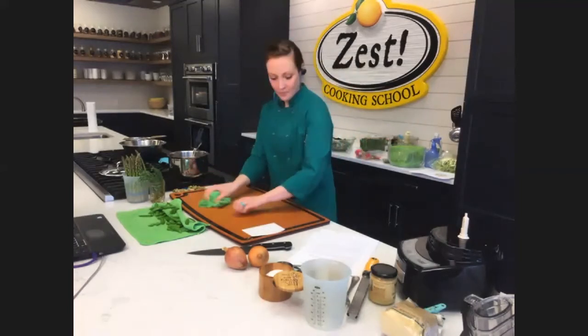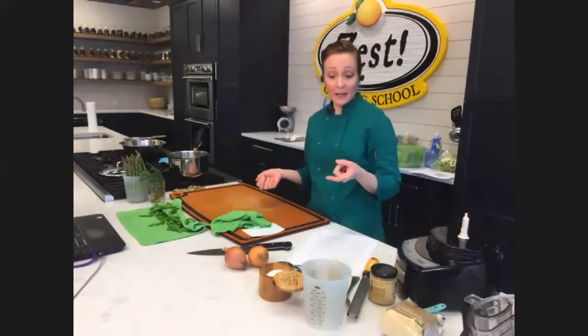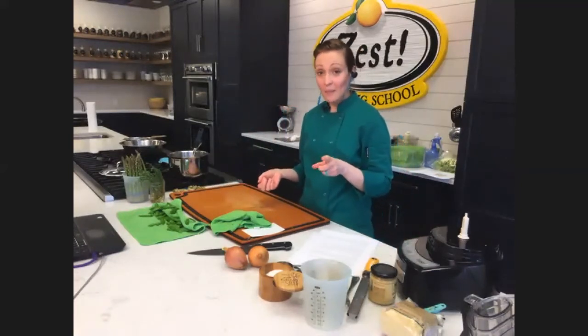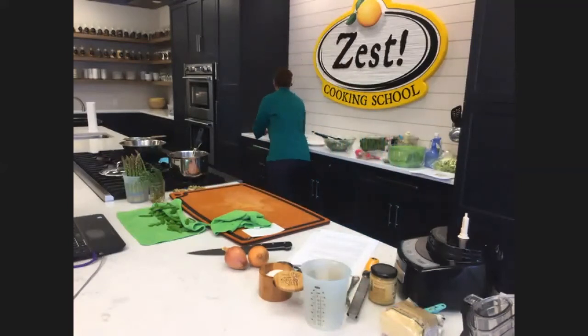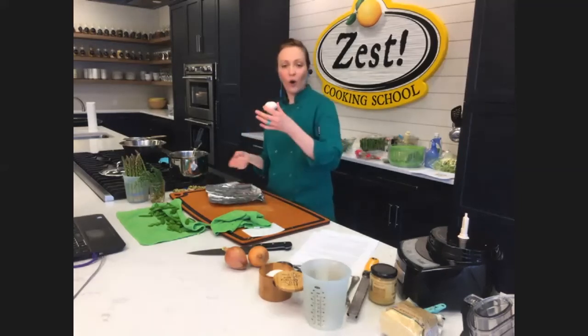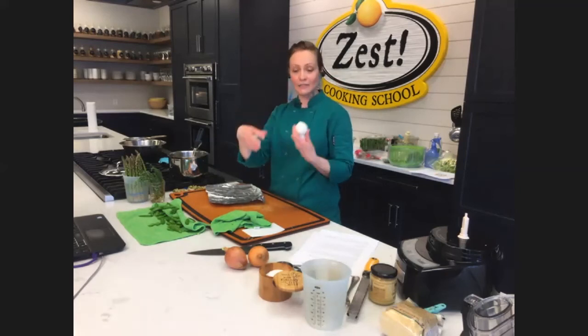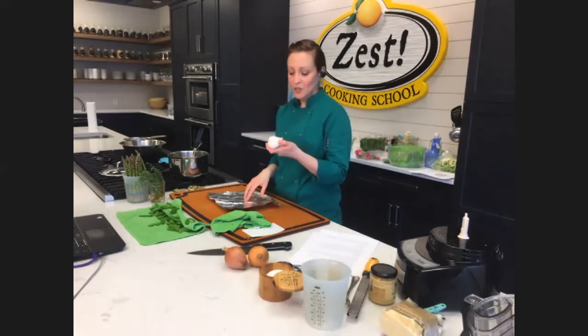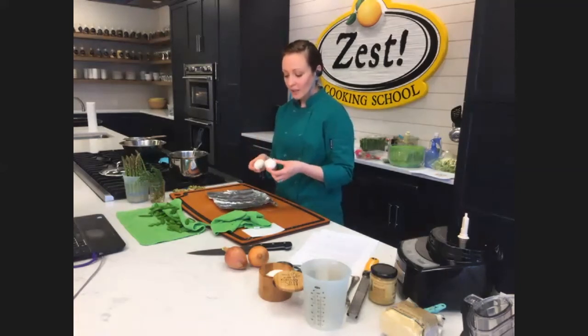All right, so we've cleaned that up. There's just a couple more things that I want to show you. One of them is roasted garlic. This is a really, really fun one. You can buy garlic in a whole sleeve in the grocery store, so it comes with maybe 5 heads or so. And maybe you bought a bunch, and garlic keeps a long time, but after a